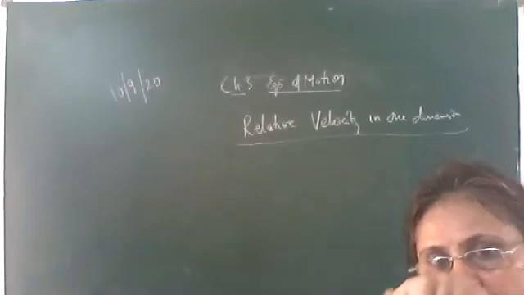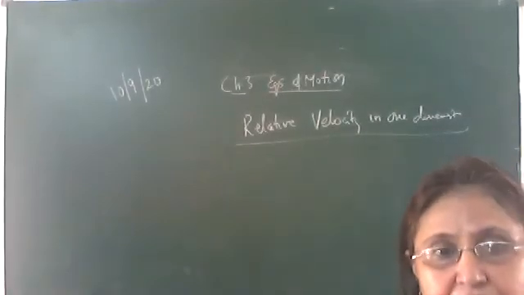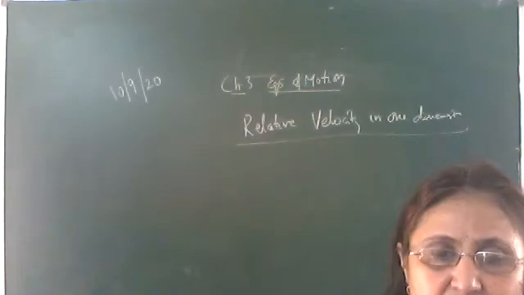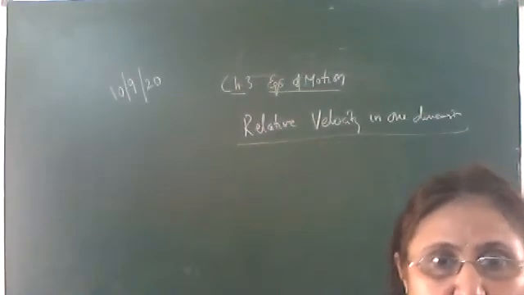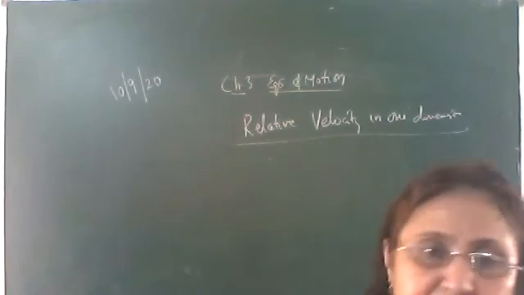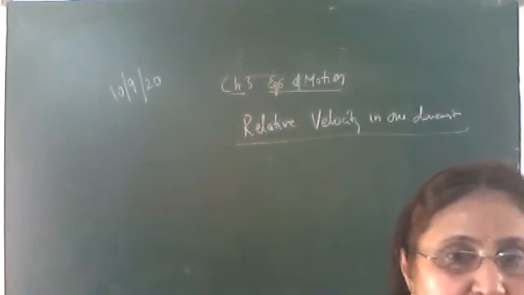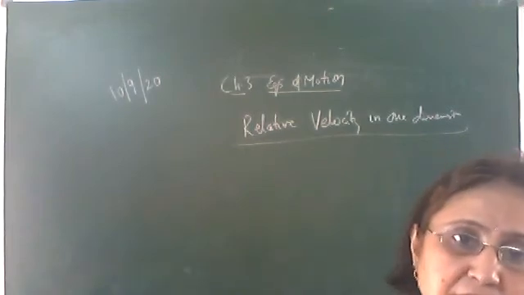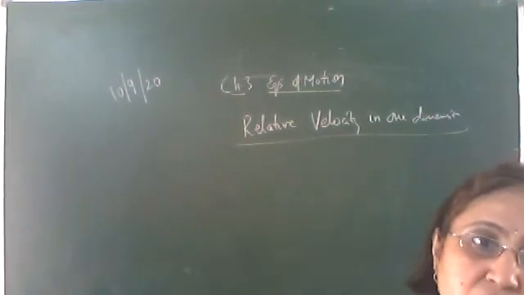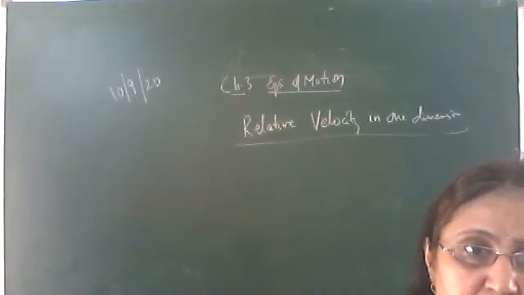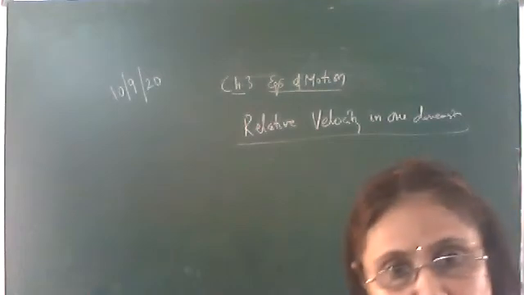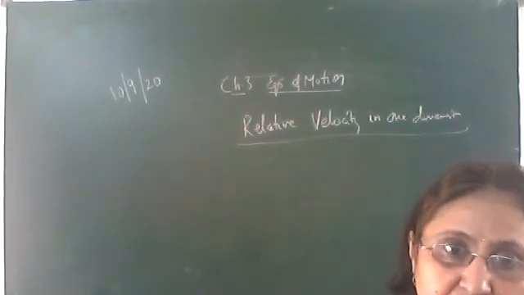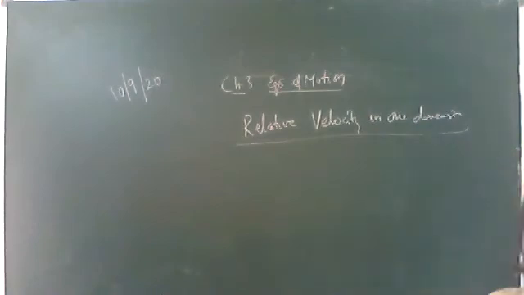Okay, for example, let two cars are moving in a straight line on a straight road. One is moving with 60 kilometer per hour and the other one is moving with 80 kilometers per hour. So the person who is sitting in the car moving with 60 kilometer per hour, he will not see the other car moving with 80 kilometers per hour because he also is itself moving. So with respect to this person, he will see the velocity of the other car. So this we call it as the relative velocity. That is velocity of one object with respect to the other. That is called as relative velocity in one dimension.